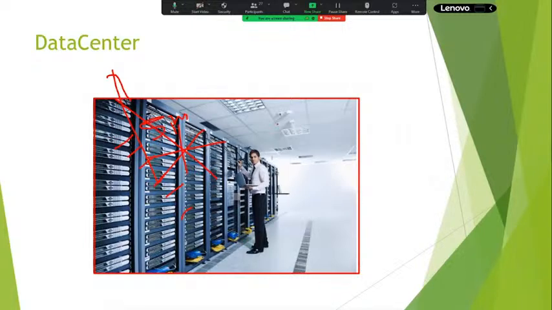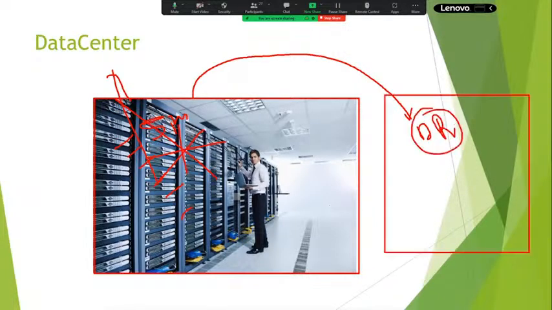So to maintain the same data in multiple locations, we need to maintain another thing called disaster recovery. So, another backup data center. If this data center has collapsed, another data center should be there to recover the data, so it should not affect your business. Am I right? If you are maintaining a single data center, that is not enough. We also have to implement disaster recovery. Disaster recovery means recovering the data if any unexpected events occur.